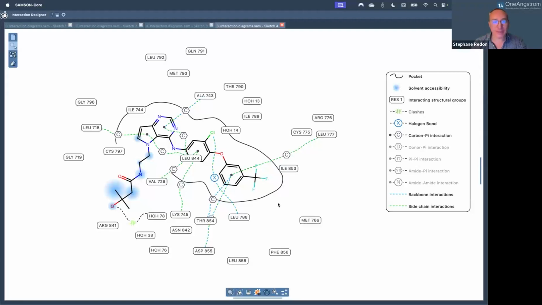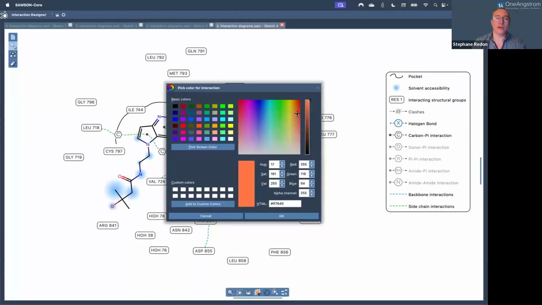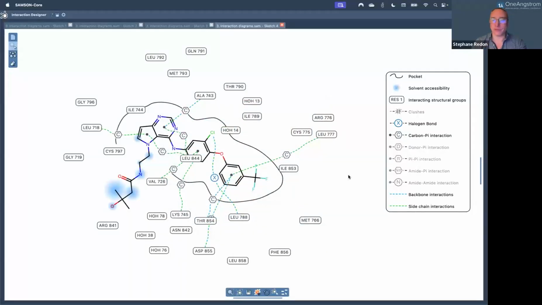Oops, sorry. And now that's not visible, so you have to think about what will be visible in a publication, for example, so it's better to preserve contrast. Okay, so everything is customizable. You could change the colors, so you can activate also backbone interactions or sidechain interactions, only keep the ones you want to see. And also you can move all these labels and even all the labels of the interactions themselves